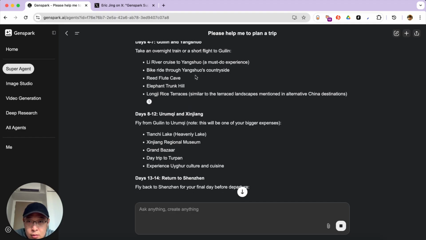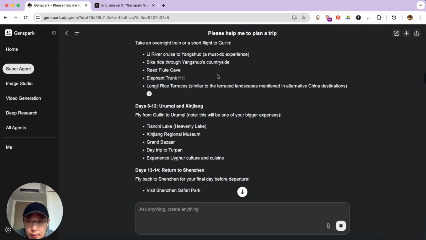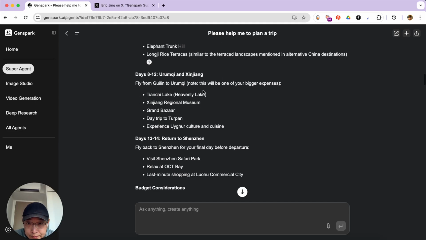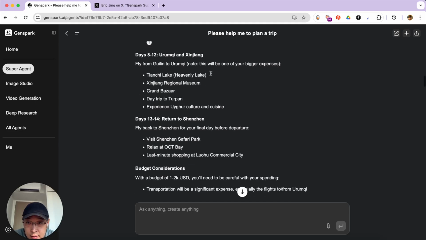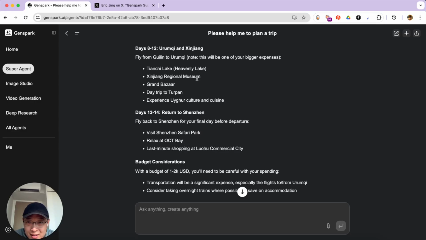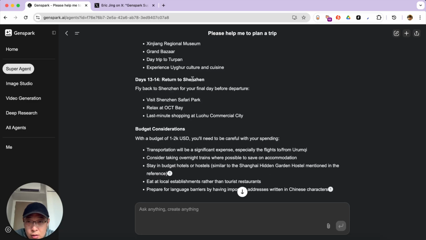Bike ride through Yangshuo's countryside. Looks nice. Elephant Hill. Longji Rice Terrace. Urumqi, Xinjiang. Right, going to Urumqi will be one of the biggest expenses. Yeah, that's right, because it's too far. Tianchi Lake. This is actually very thoughtful. Then return to Shenzhen.